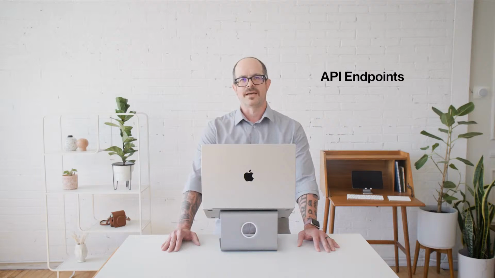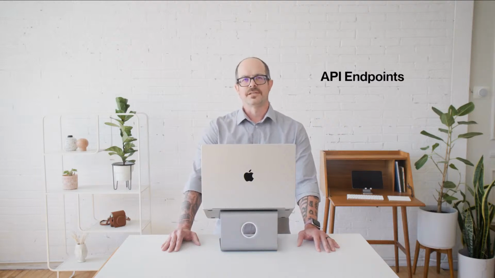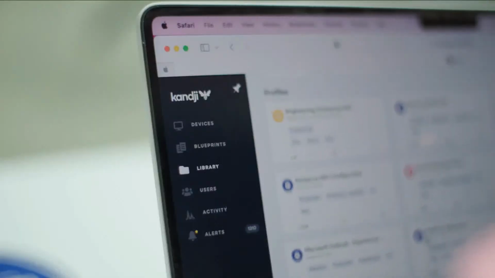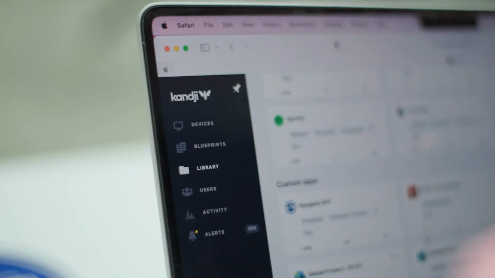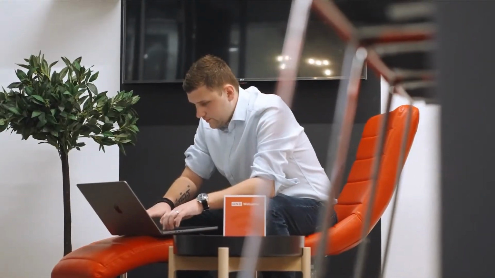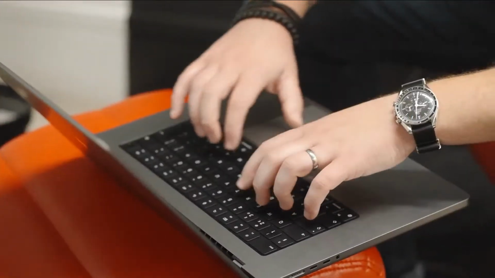Finally, I wanted to talk about some recent additions to the Kandji API. As a technology company, it's important to us to enable our customers to use our tools in the manner that best suits their needs. Customers frequently want to automate actions in Kandji or use their Kandji data as an input to other workflows. One recent addition to our API, which is already freeing up customers from the burden of manual